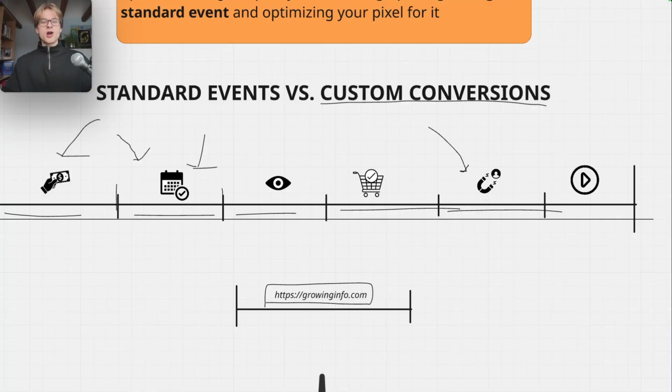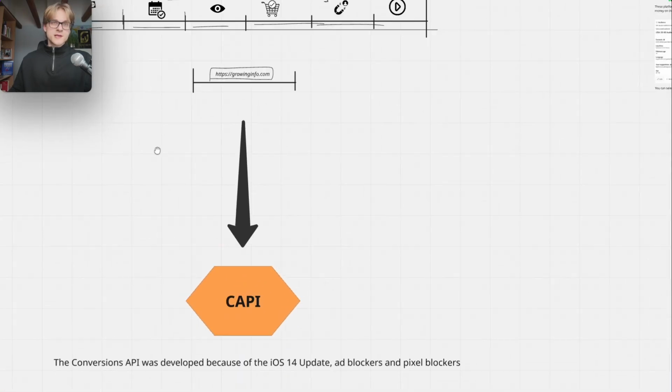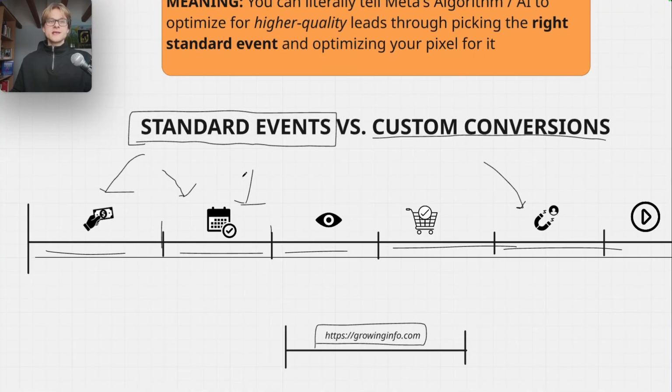However, it's not what you should do, right? Especially if you have the chance to set it up from scratch. Always go with standard events. Always go with the most data available. Okay, very important step. This will highly define the lead quality that you're getting into your funnel.